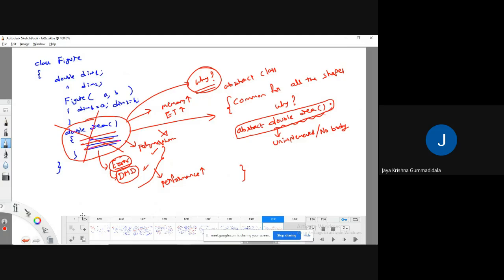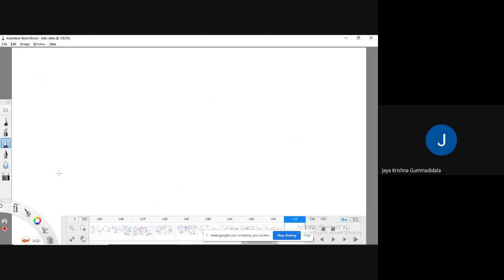Okay, what I want to say is, generally in each and every Java program that you are going to write, you must use the concept of class. Without writing a class, there is no Java program, right? So whatever classes you have seen up to now are all concrete classes.